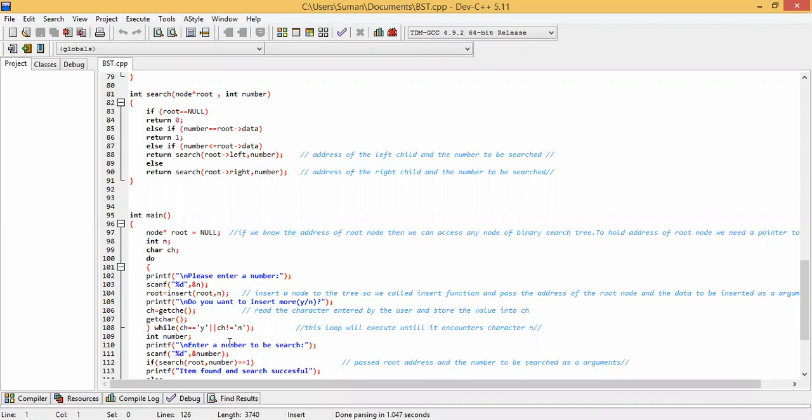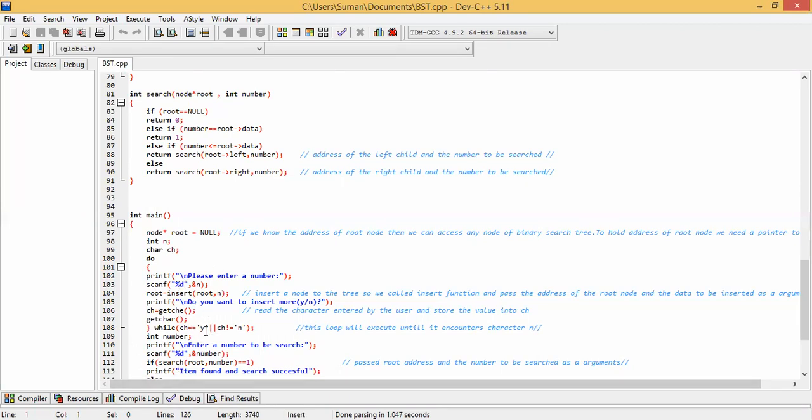Only if n is pressed, at that time this condition will become false and the loop will not execute, so the entering process will not be done and we will not be able to insert nodes again. That's why we use the do while condition.